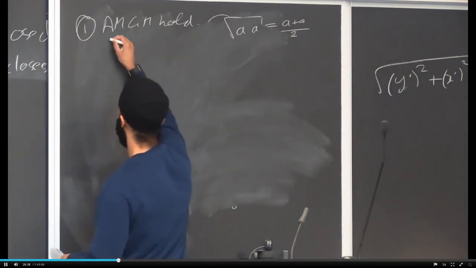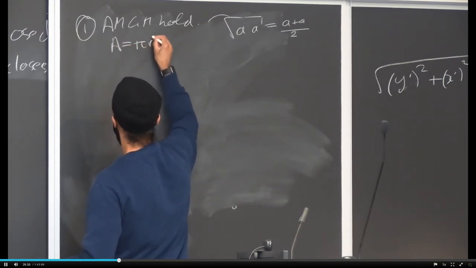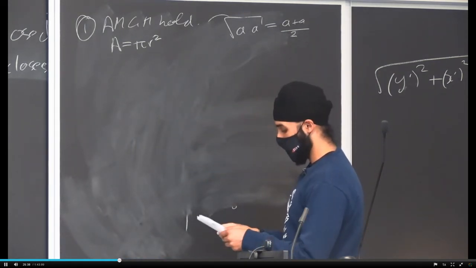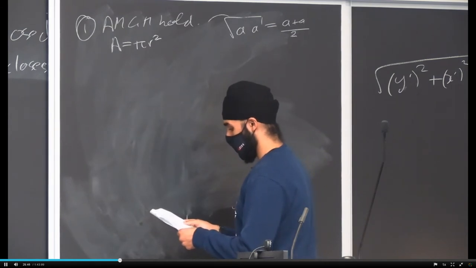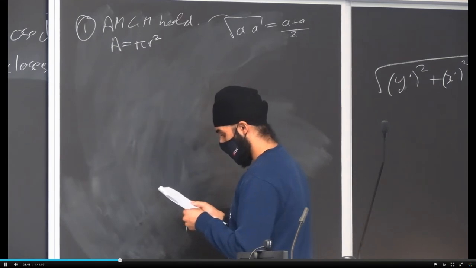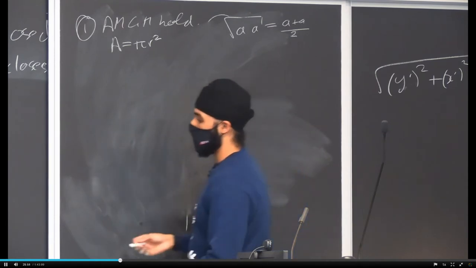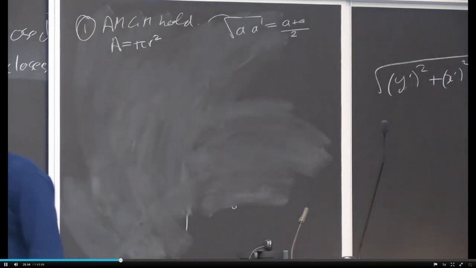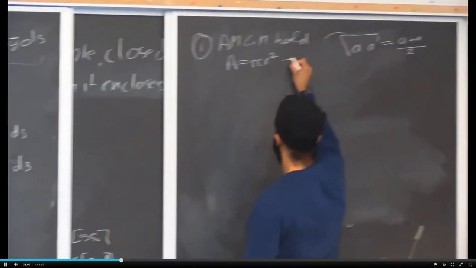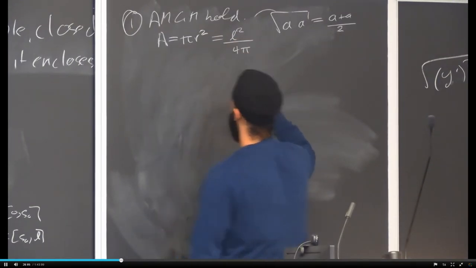So we're saying that the area is equal to pi r squared. Okay, so we have another way to represent the area though. The second way we know what the area is, because we're trying to optimize it, is that area is equal to L squared over 4 pi. So this is what we want to show. We want to fit in the figure where this is true. Now, assuming it's true,